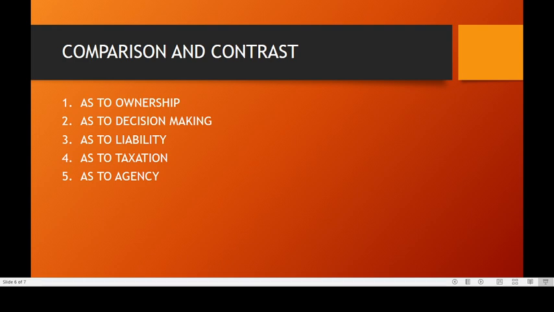At isa pa ring comparison pala na hindi ko naisulat is as to sharing of profits and losses, no. In sole proprietorship, only one person will benefit from the gains and then will shoulder the losses. But as to partnership, all of the partners will gain, okay, will benefit from the income, and all partners will also, okay, incur losses kasi i-share po yun sila,